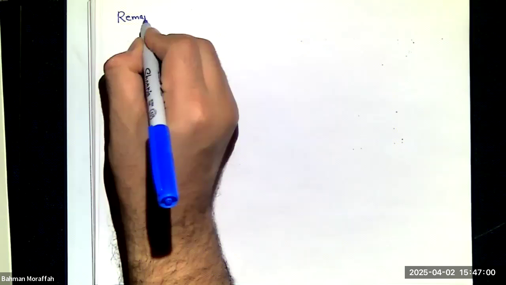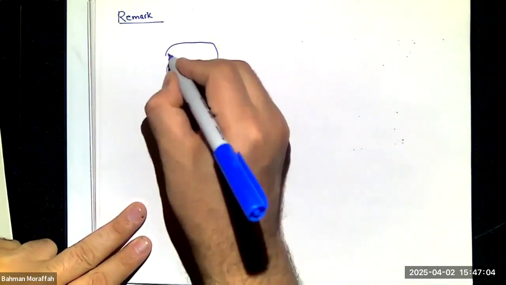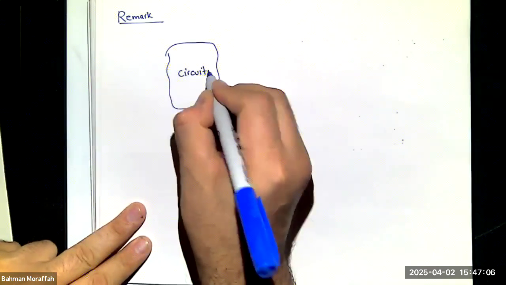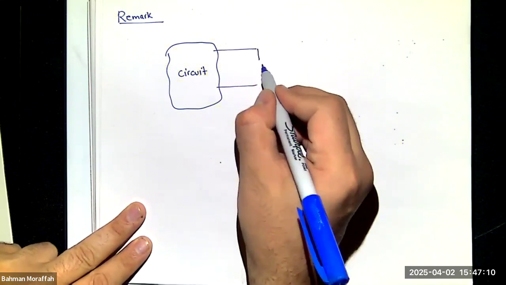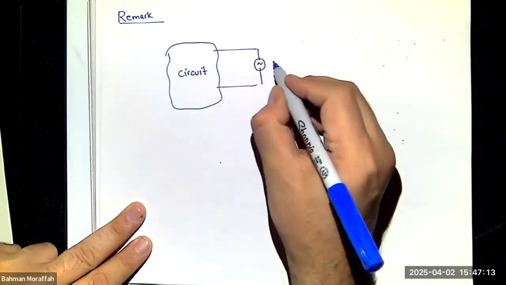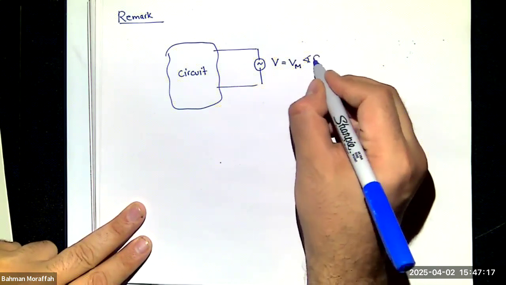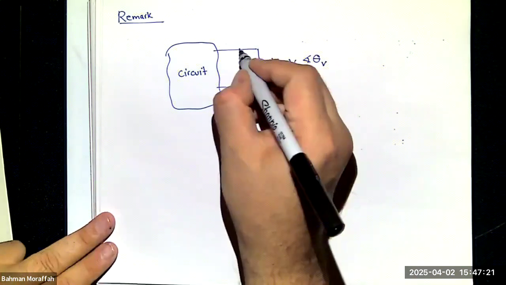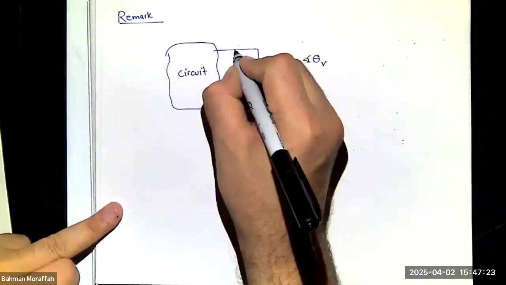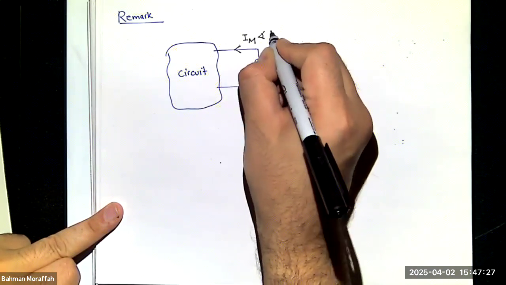So, remark: if I have a circuit connected to some voltage source Vm with phase theta V, and I find the current through it, Im with phase theta I,